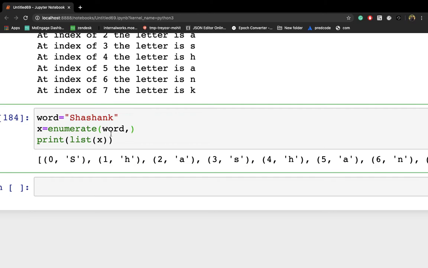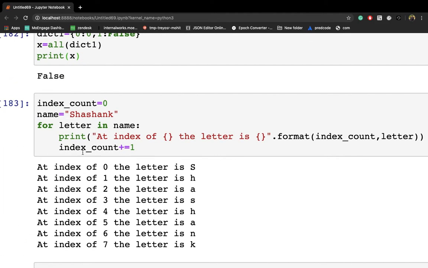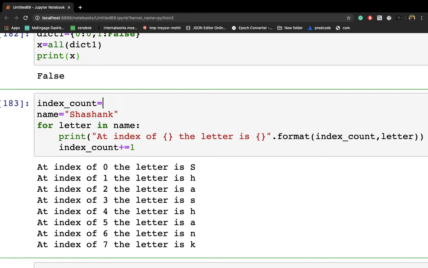So let's say you have to start counting from 14, 15, 16 like this. You simply mention this start position, and it will start from 14. If you have to implement the same here, you have to initiate the index count from 14.